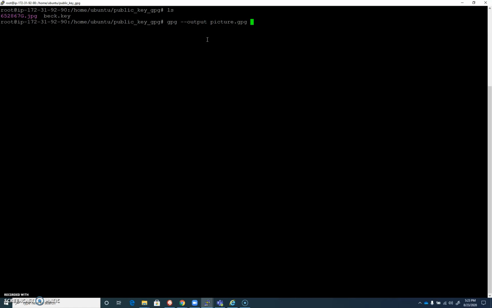And most encrypted GPG files by default are going to have the .gpg extension. But not always. Again, you can always run file against some file on a computer. It'll tell you what it actually is. But we're going to make it a .gpg. I'm going to tell it I want to encrypt this file, and I'm going to tell it the recipient is going to be